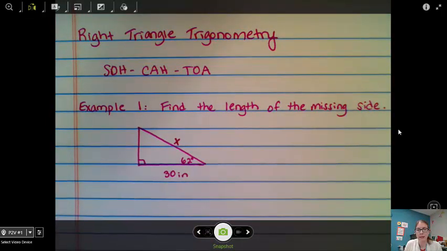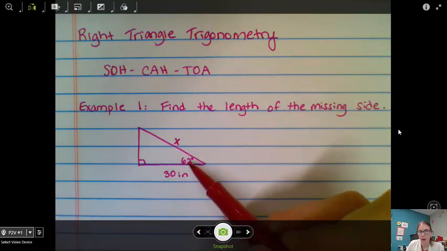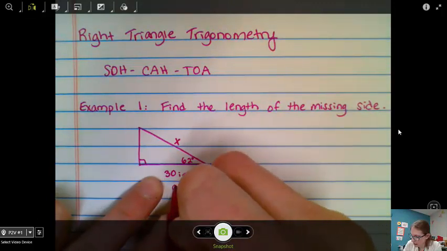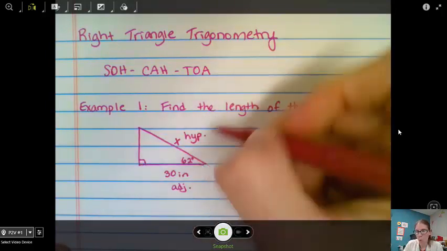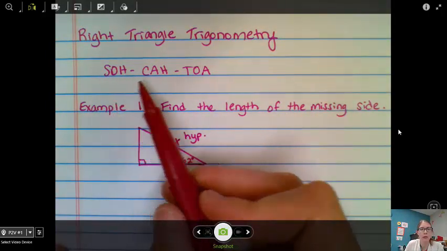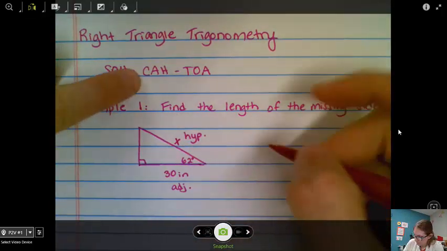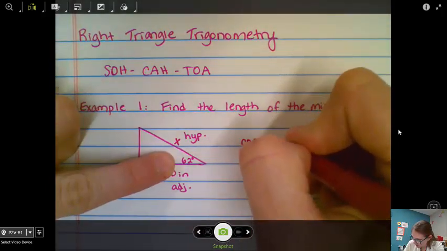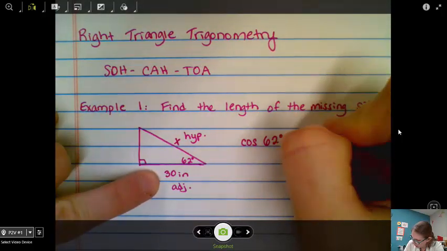Well, I can find that missing side by using sine, cosine, and tangent, just like what you did in geometry. If I look at this 62-degree angle that we have, from this 62-degree angle, this side is the adjacent, this is the hypotenuse. So we have to look and see which trig ratio, sine, cosine, or tangent, uses the adjacent and the hypotenuse. Well, it's cosine. So we have the cosine of our angle, cosine of 62 degrees equals the adjacent over the hypotenuse, 30 over